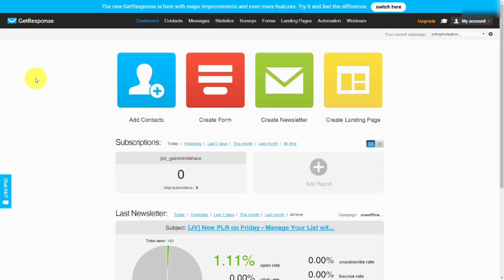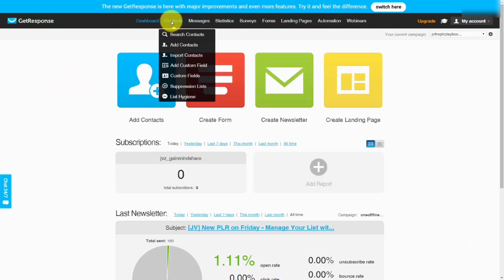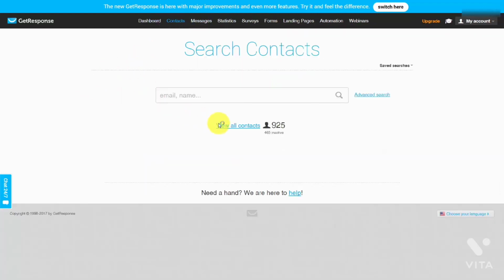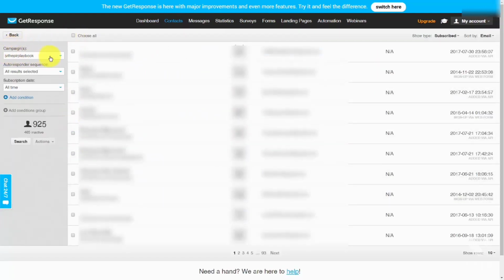And the way that you do this in GetResponse is you'll go to the contacts area. You will then click search contacts. You'll then click view all contacts. You'll then click the specific list, and then you'll click search. That will then narrow down all of the contacts that you're going to move into a file and then move